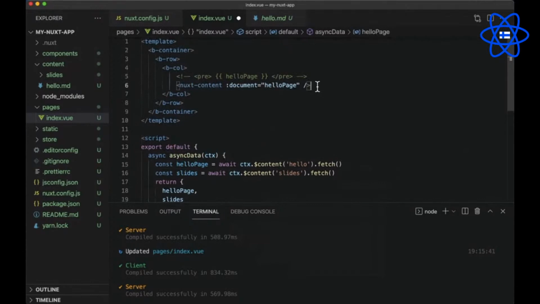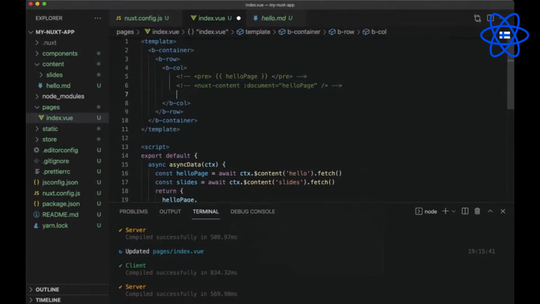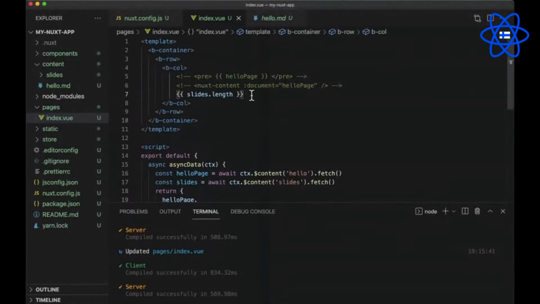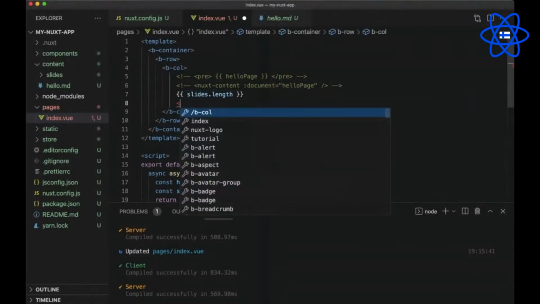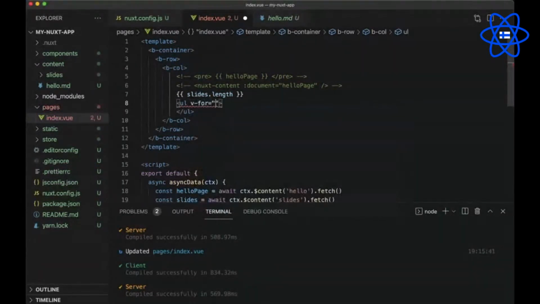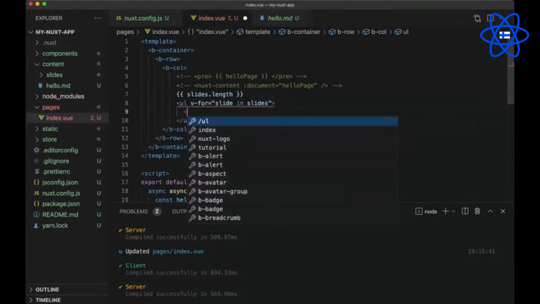So now we will simply return slides, and if we print slides.length, it should give us the total length of slides, which is 5. Now, because slides is an array, let's loop through each and every slide. For that, we will use the v-for directive, where we can go slide in slides.